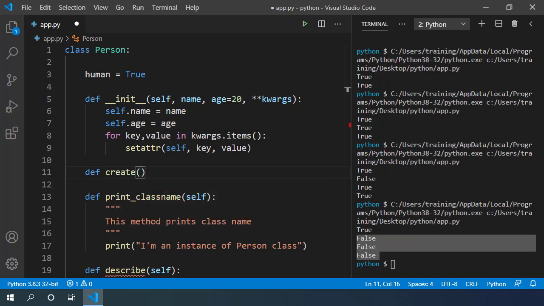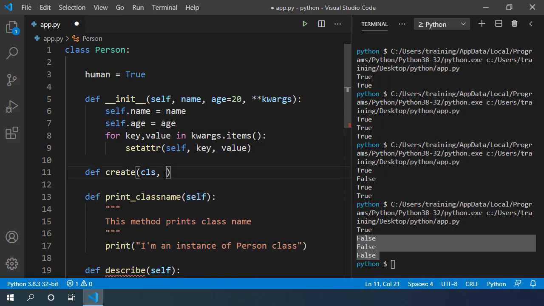When we are defining a class level method, it's a convention to write the first argument as cls for class. This can be named anything, but in the Python community, it's usually named cls. Inside the method, we use this cls, which refers to this Person class. In object level methods, we were using self to refer to this object.